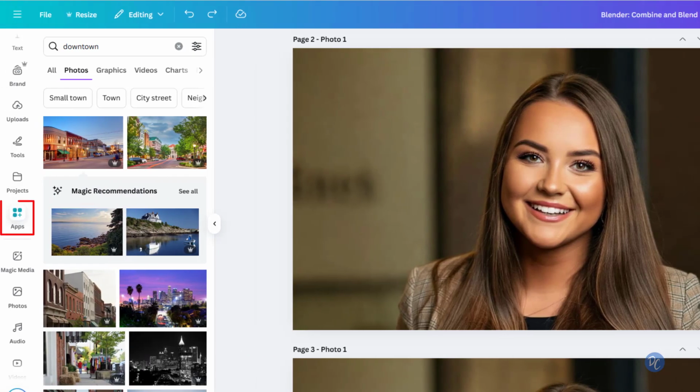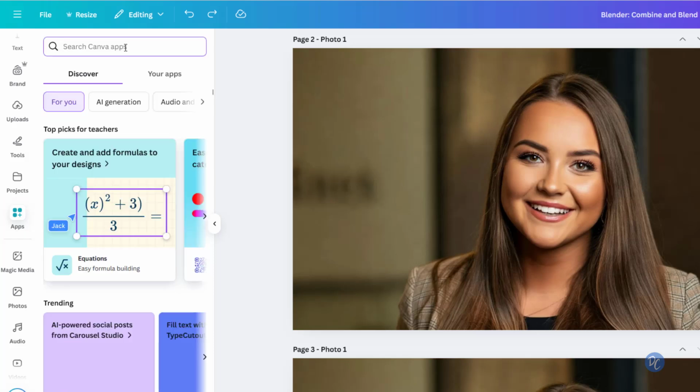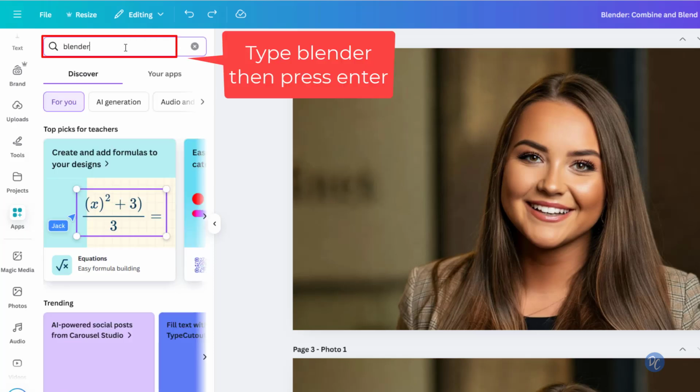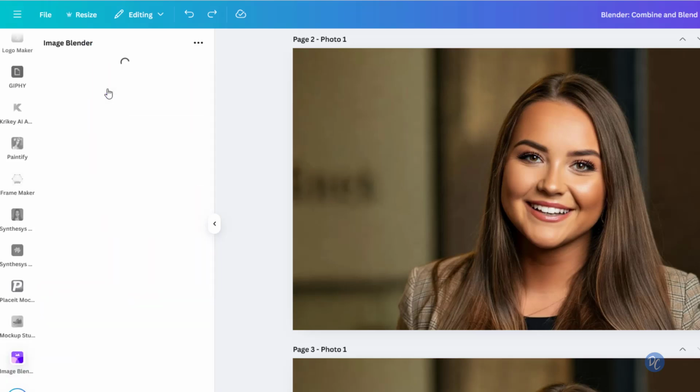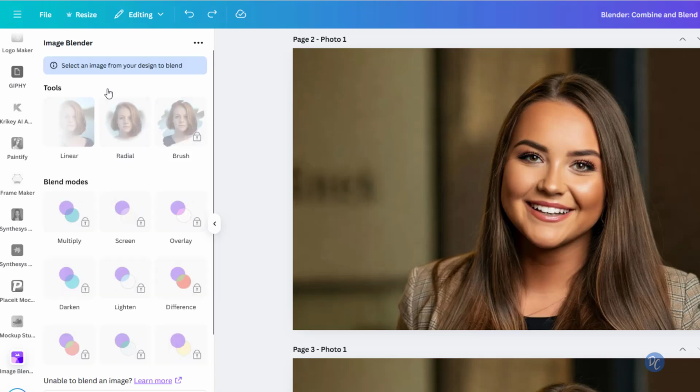Now, for this feature, we're going to go to apps. For Canva apps, I'm going to type in Blender. We're looking for image blender. So if you know the name, you can just type in image blender. I'll click on that. This is an app that's inside of Canva. So you have to agree to the terms of usage first, and then you'll be able to use a few